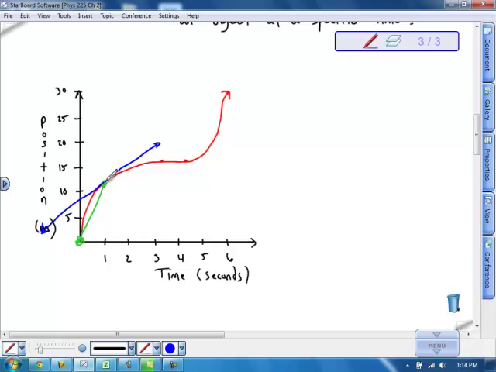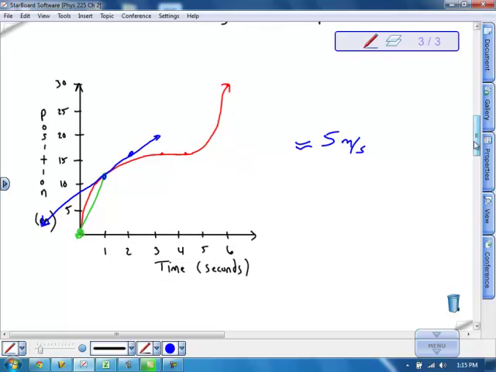It looks like from 1 to 2, it goes up about 5 meters in about 1 second. So it's about 5 meters per second if we do rise over run. So we can guess with an approximation of a tangent line there, but we don't know the actual instantaneous velocity unless we want to get into some calculus and take the derivative of this function, which we're going to wait on